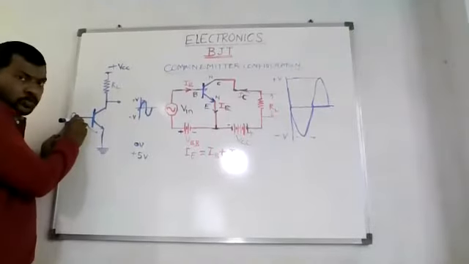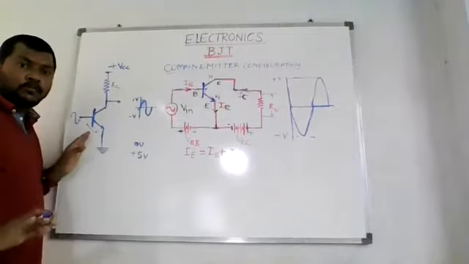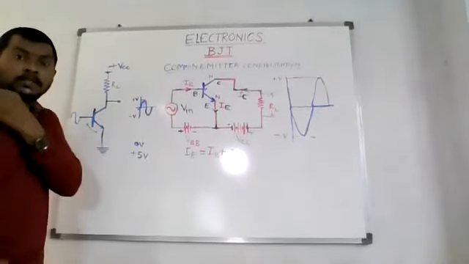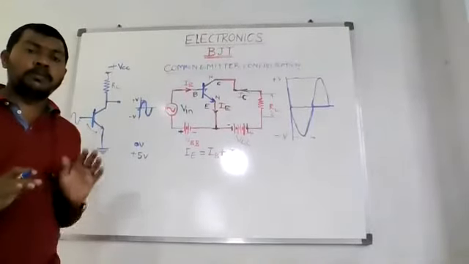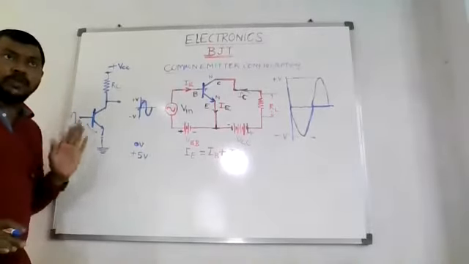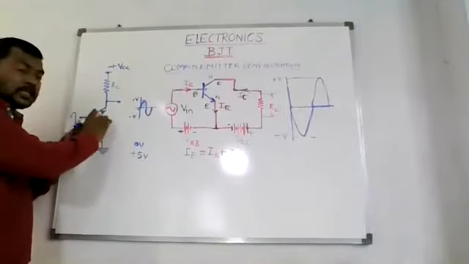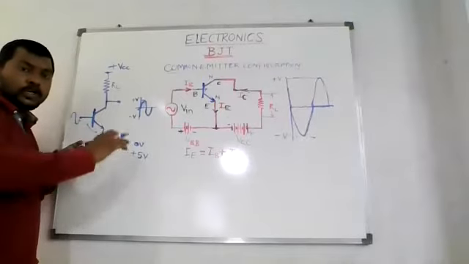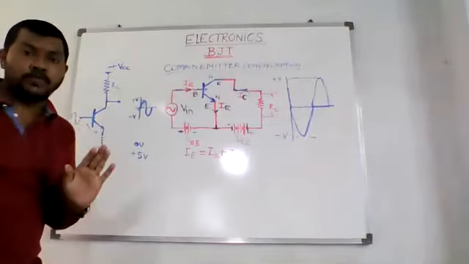When I connect this to 0 volt, the base emitter junction will not be forward biased. Remember this, the emitter base junction will not be forward biased since there is no voltage across this. It requires a minimum of 0.7 volt to get this base emitter junction into forward bias. Unless and until this becomes forward biased, this transistor is not going to work. I have applied only 0 volts, so there is not more than 0.7. Therefore, this base emitter junction will not be forward biased.